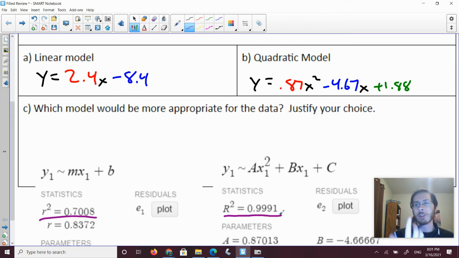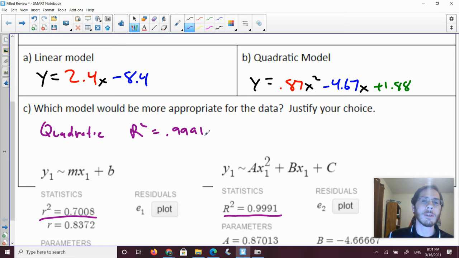Because remember, the closer that r squared is to 1, the better the fit is. So we talked about looking at the residuals. This is another way to look at the fit that we had talked about. So I'm going to say that the quadratic is better because r squared is 0.9991 for the quadratic,